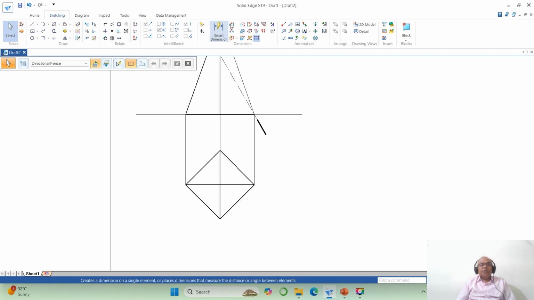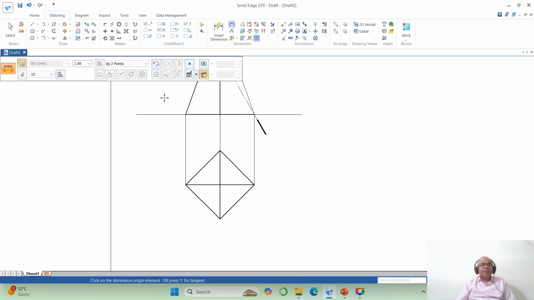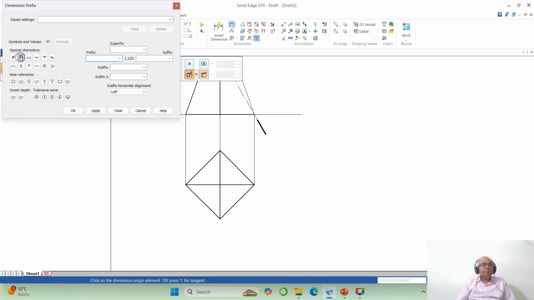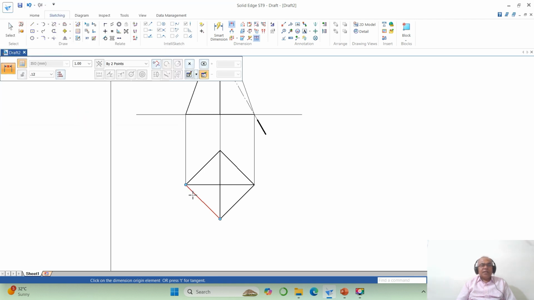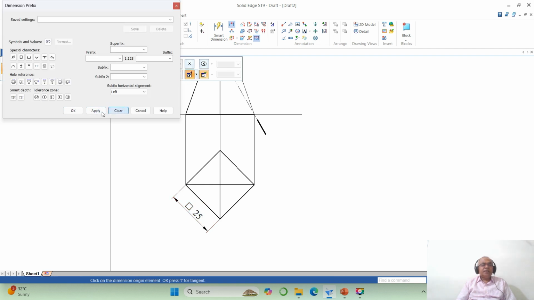Now you go to distance between, select the square symbol, OK, select between these two, so you're going to get square 25, then go to select, clear this and say